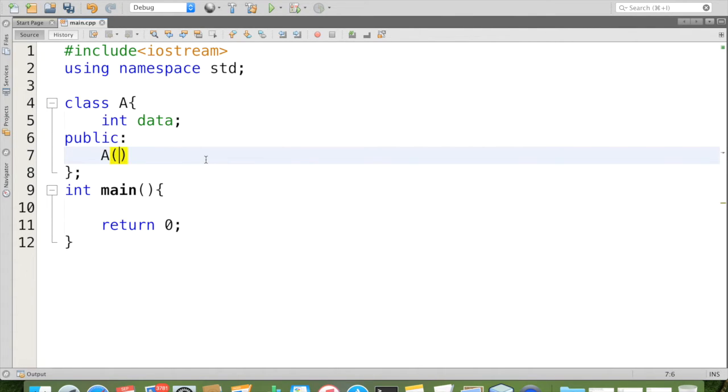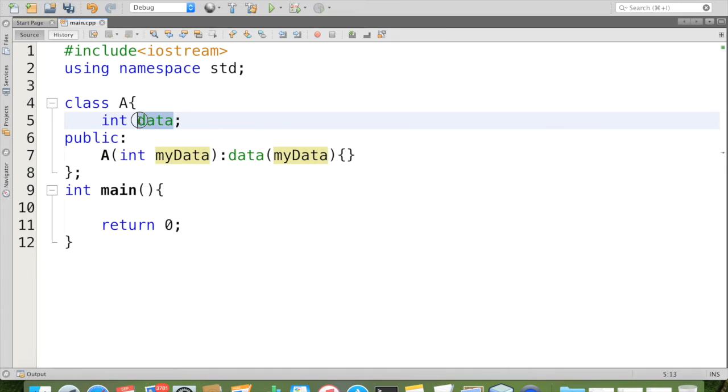For that, int mydata, then we give data(mydata). So this is the constructor to initialize our attribute data.